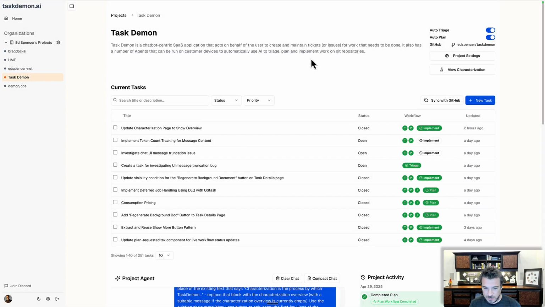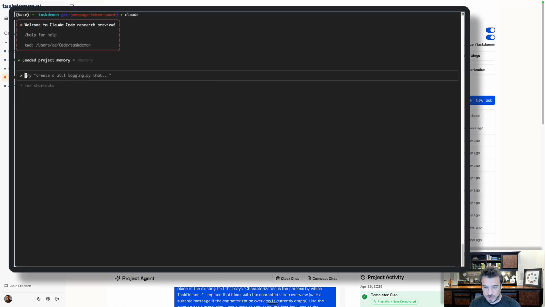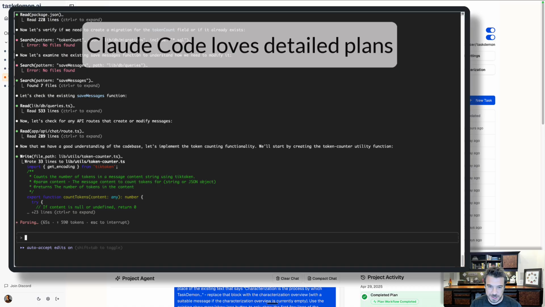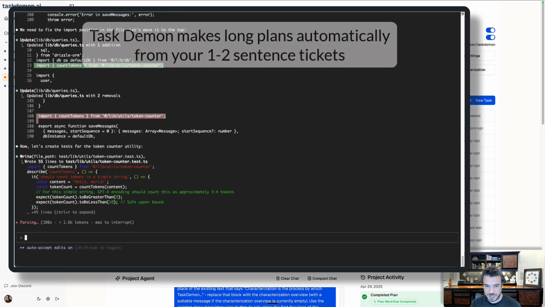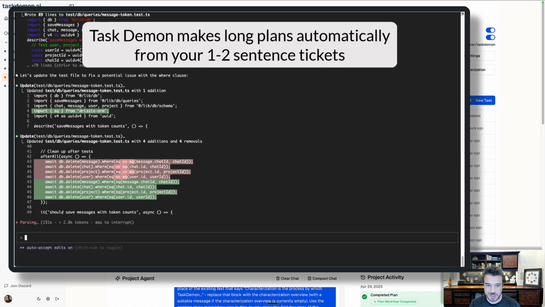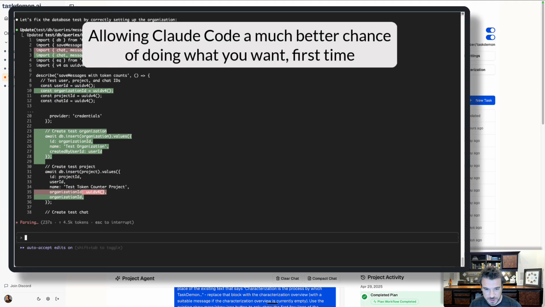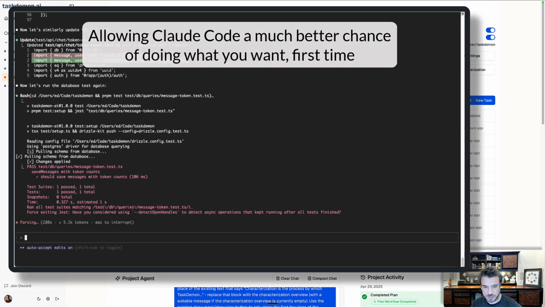When it comes to writing software using agentic coding assistants like Claude Code, the better the plan you give it, the better the results you get. TaskDemon uses Claude Code itself to generate detailed plans out of 1 or 2 sentence ticket descriptions. By feeding these detailed plans back into Claude Code, Claude gives us far better results than if we just use